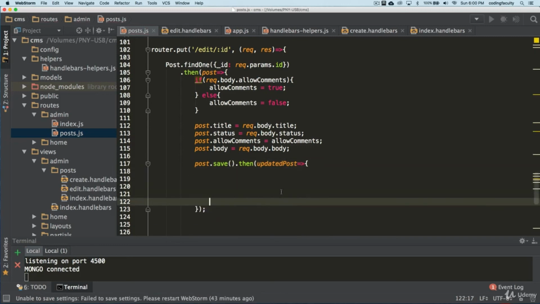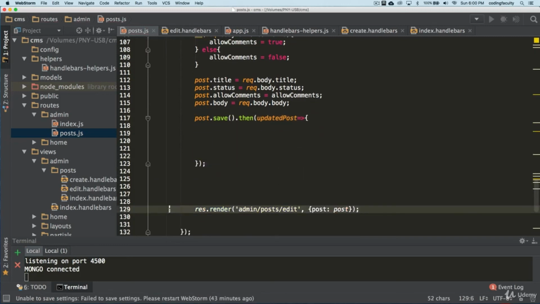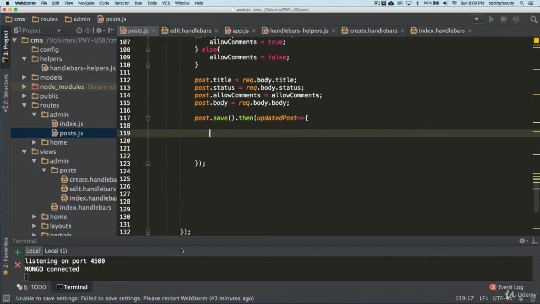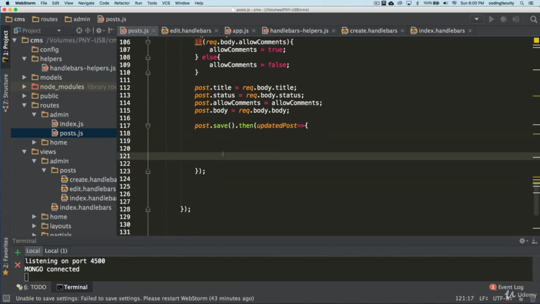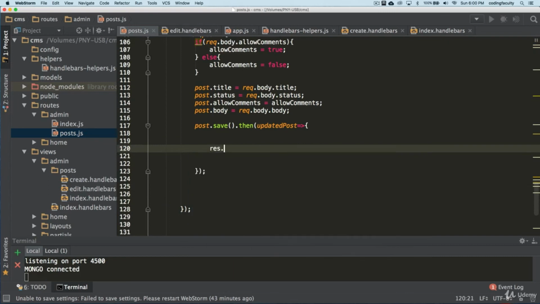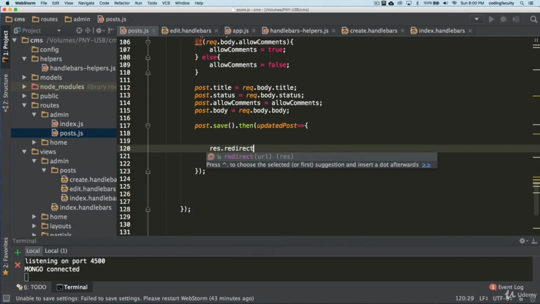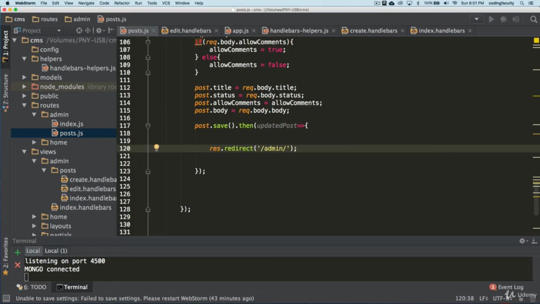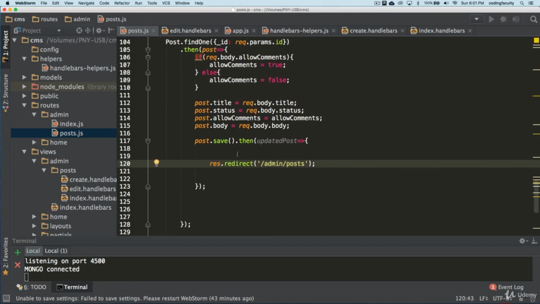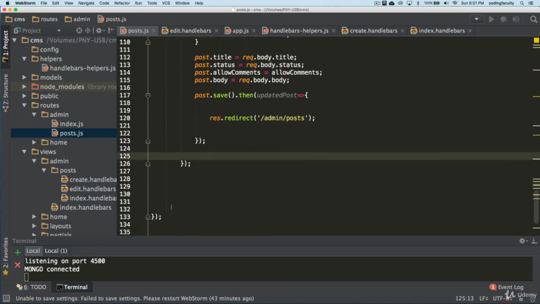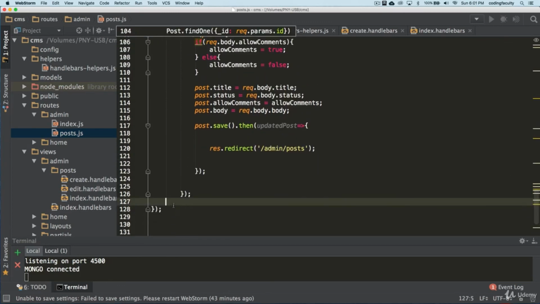And once that's updated, then we can just redirect back. Response dot redirect, this method here, is really useful. And we're gonna redirect to admin posts. Okay, I think that should do it, guys. I think we should test this out to see if it works. Let's tighten this up a little bit.